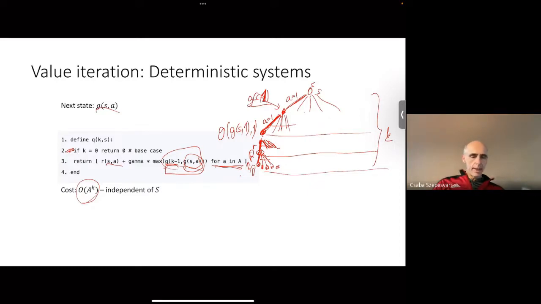Okay. And of course, the cost of this, like we see that there is this big tree. It's a k-array tree. Sorry, it's an a-array tree of depth k. So of course, the number of leaf nodes is a to the power of k, and that's roughly the total cost of it. And this tree view kind of also suggests that there will be no way of doing better than this algorithm in general.